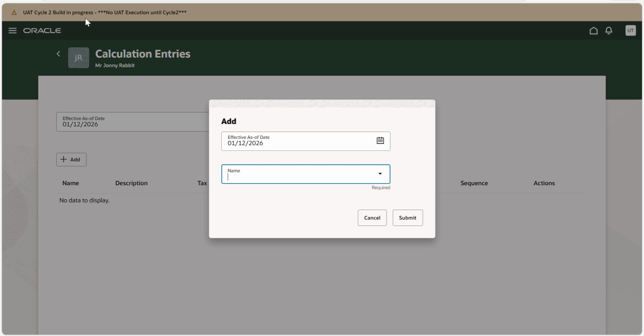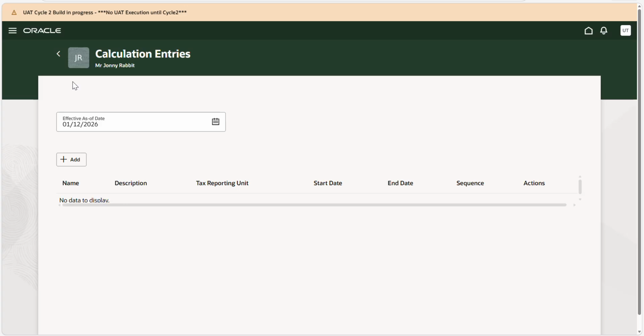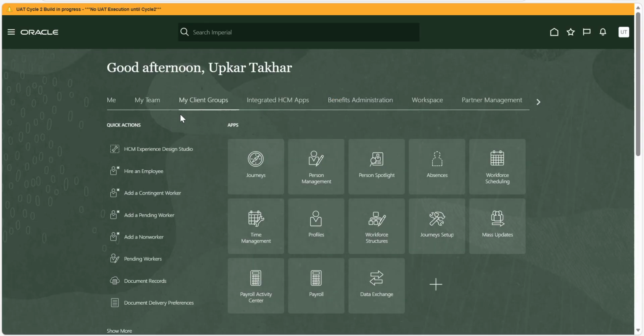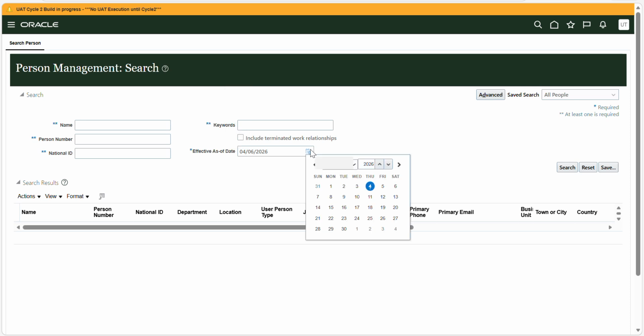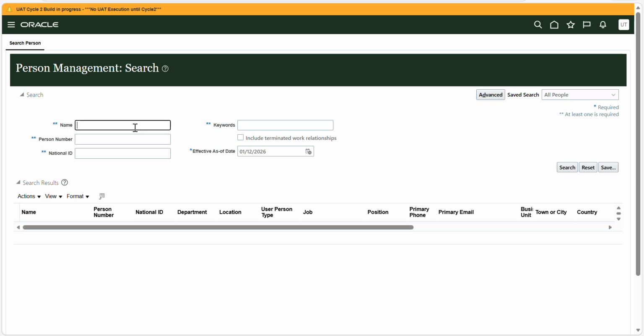And I think that's because of the Redwood theme. There's an index maybe hasn't run for this particular user. So it's not the only way to get to where we want. If we went home, for example, went to My Client Groups, went to Person Management, and then from Person Management, and remember effective as is date, just change that because we know it's 1st December, and we want our person,